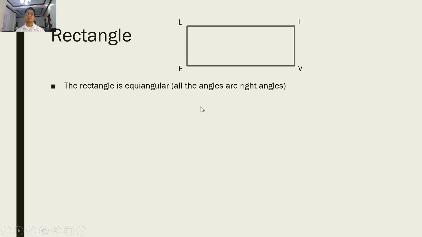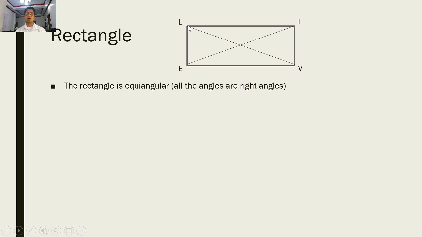The first thing that will come to mind is that the rectangle is equiangular. When we say equiangular, all the angles are right angles. The measures of our angles are all the same. So if this is 90 degrees, 90 degrees, 90 degrees, 90 degrees, equiangular. All the angles are the same. All the angles are right angles. Now, if we will be drawing